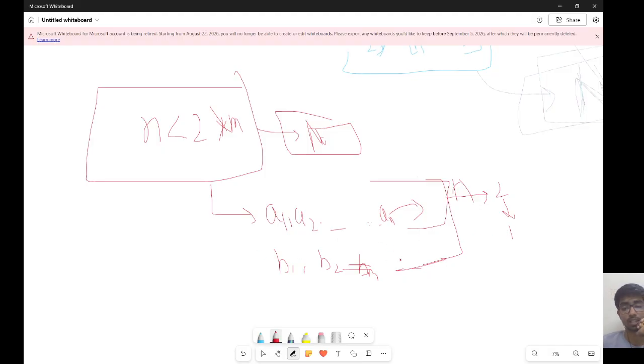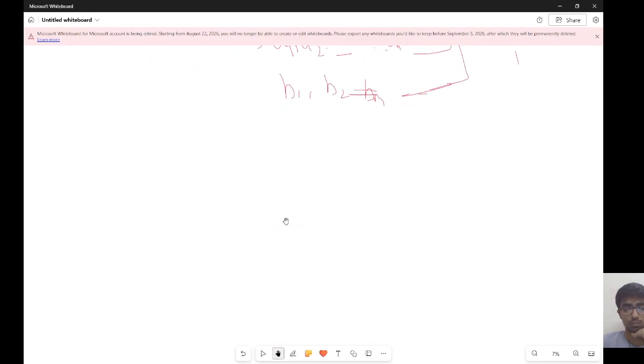So we need to reduce the size from n to m, and every single time we are doing minus 1 in the size. And every operation we need two elements. So that means to perform the operations,